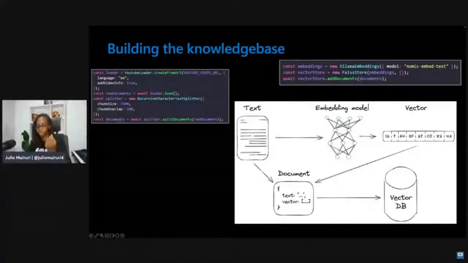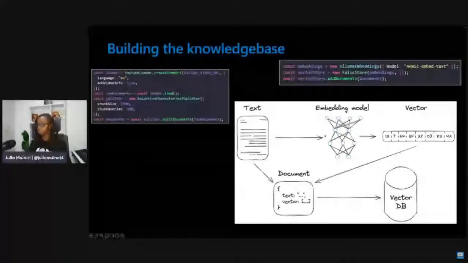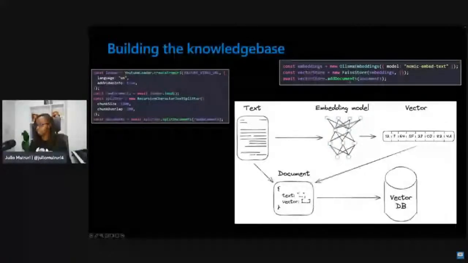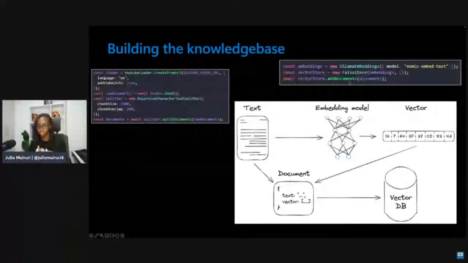And then when it comes to embedding this, we are working with a local model. So we're working with Ollama in this case. We're working with the Nomic embed text model. It's a very small model that is basically just going to convert this text into its vector representation. We're working with FileStore, a local option for VectorDB. And then basically we have this add documents method that just stores both your data and its vector representation in your vector database. So all this complexity is hidden away, and you just have to write these very few lines of code.